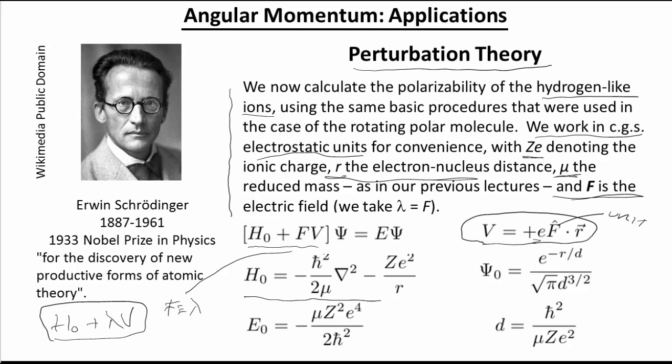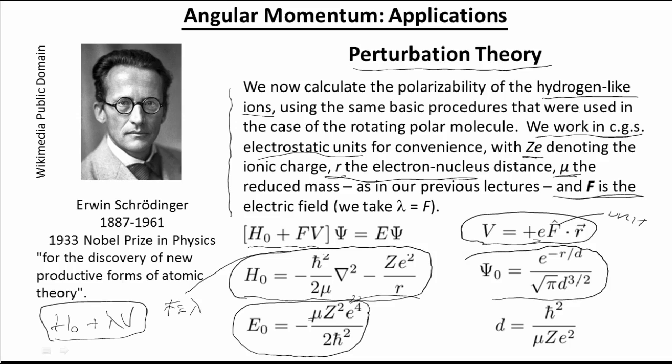So here is the Hamiltonian for the hydrogen that we've talked about before. Here is an expression for the ground state energy, E0, which is just the Rydberg formula, but with a finite mass and the square of a nuclear charge. And then here's a wave function that was introduced in a previous lecture. This time it's correctly normalized. I don't know why I had the wrong expression before, but this is the normalized ground state wave function of a hydrogenic ion, where this length scale,